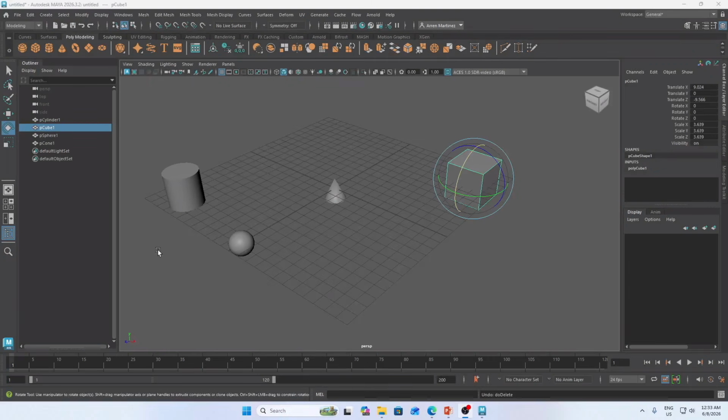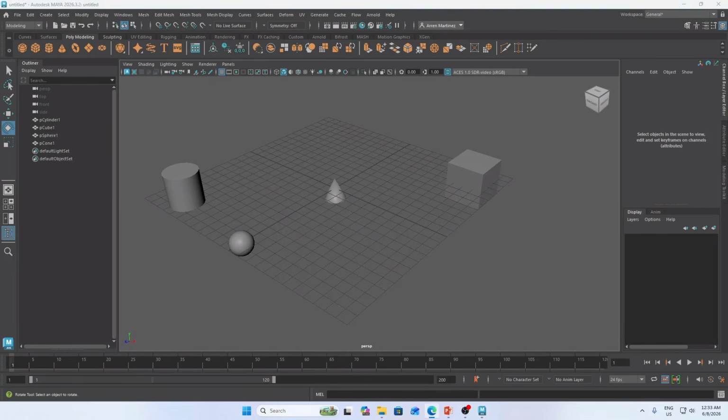Okay, so now we will proceed to the next segment, which is playing with the shapes, or the concepts of primitives and transformations. As you can see, I have here different objects.